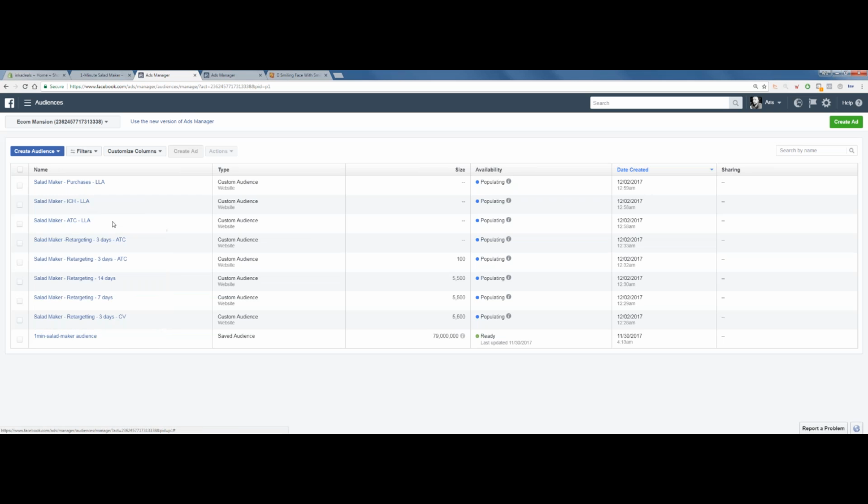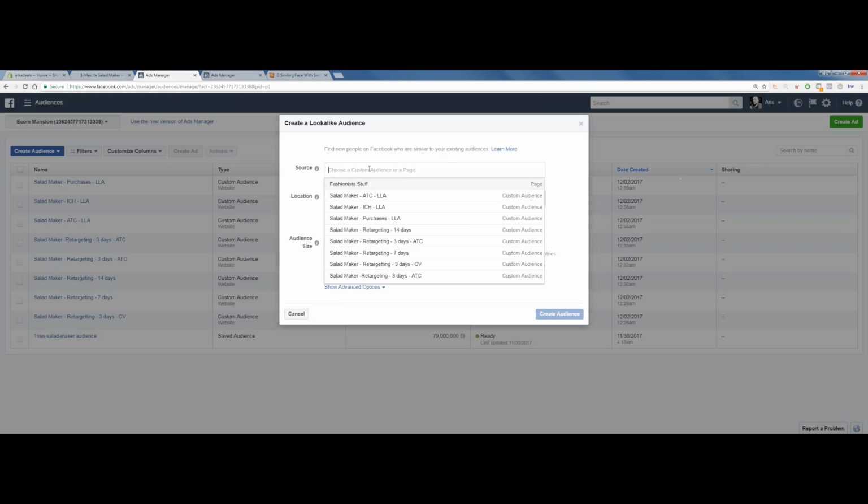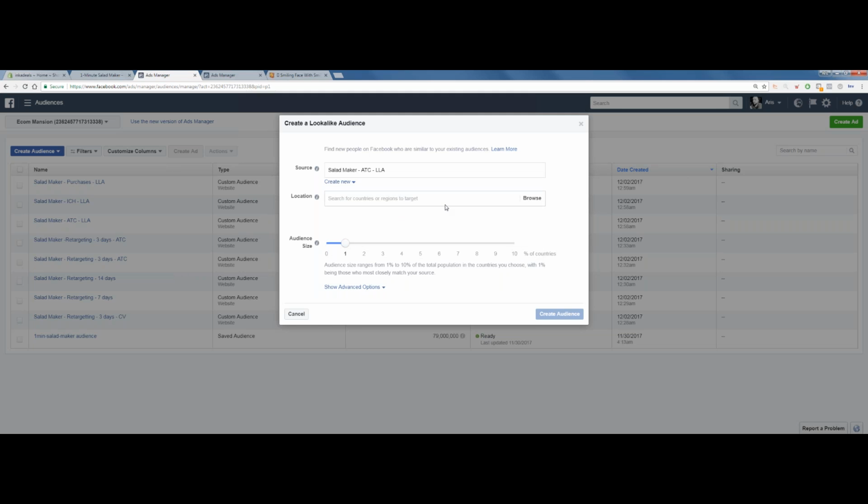The next thing we're going to do, since we don't want to get into more details with these audiences, is go to create audience, lookalike audience. And here the source, we are going to choose our LLA audiences that we made. Let's choose add to cart first because this is the first one.